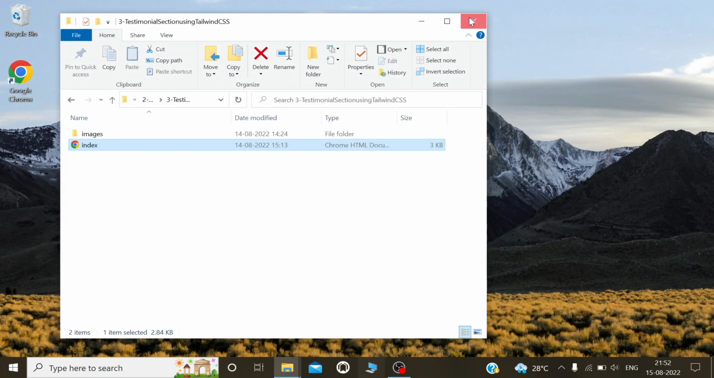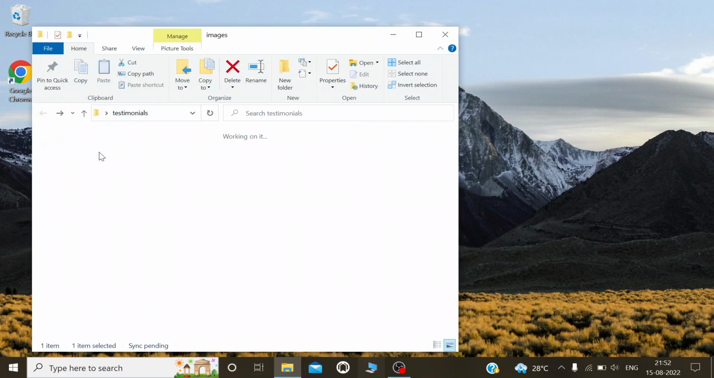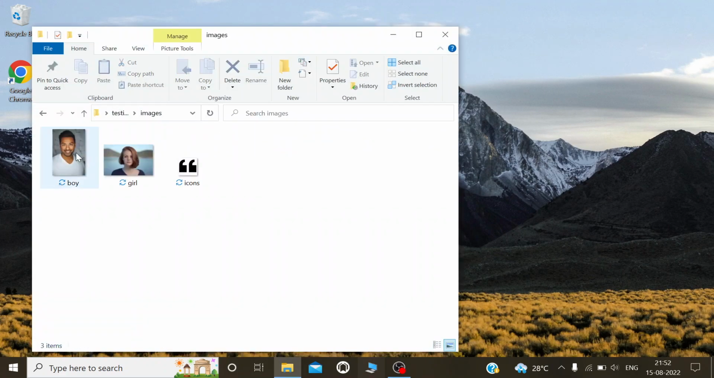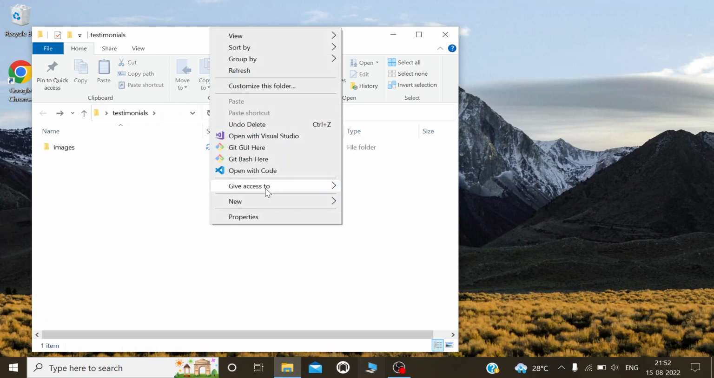So this is our project folder called testimonials, and we are going to use these images. The first image is boy.jpg, the second image is girl.jpg, and the third image is icons. So I will open this folder with Visual Studio Code,